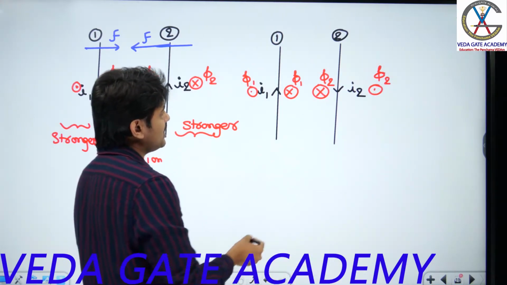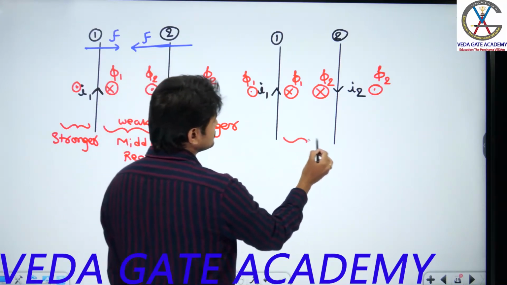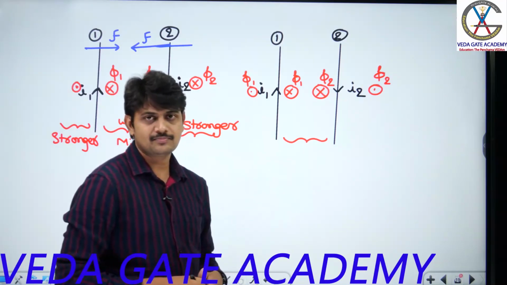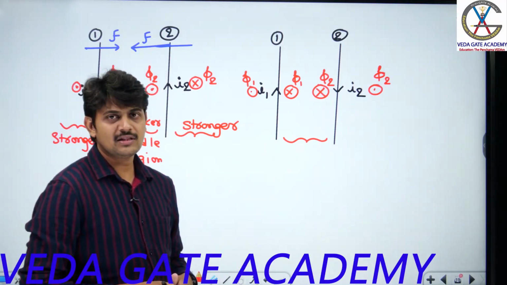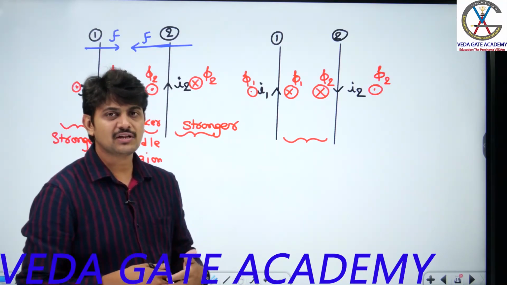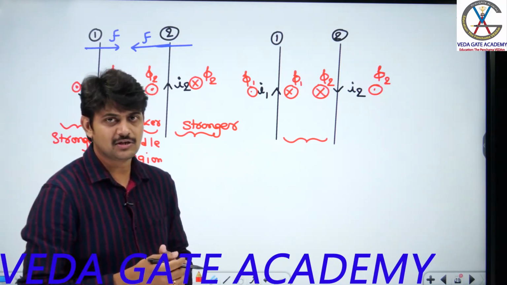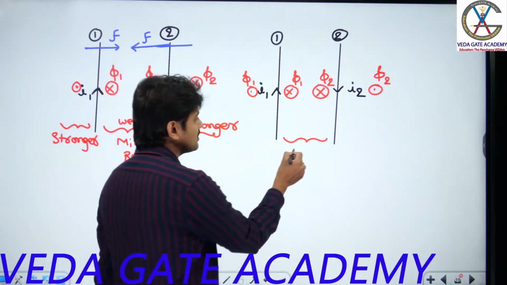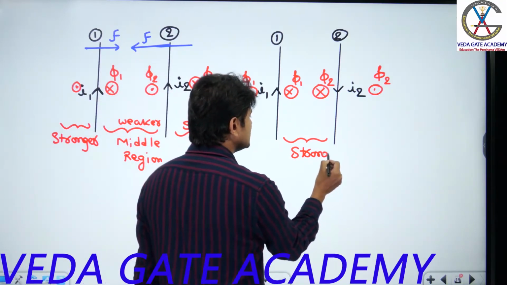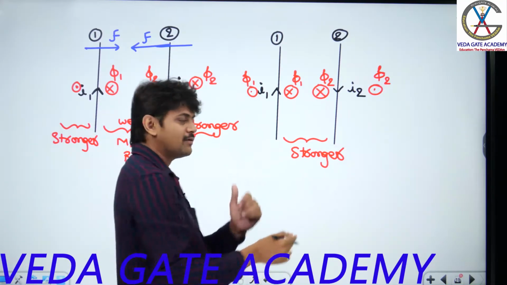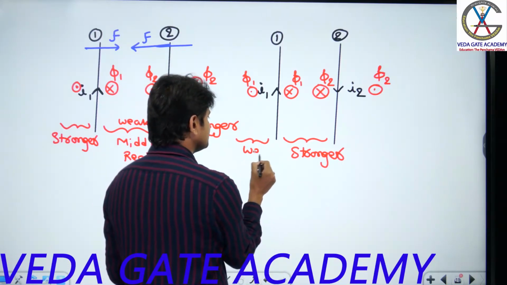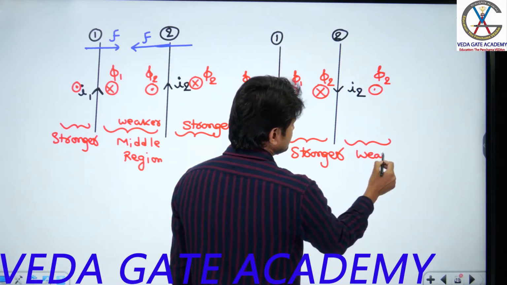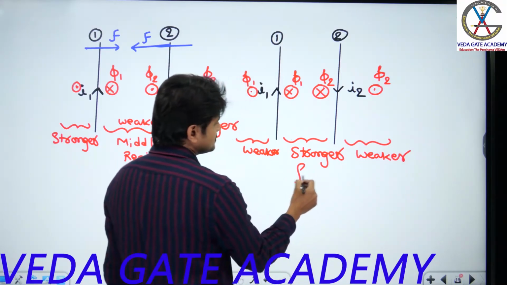Right. So if you observe here, is the middle region a stronger flux region or a weaker flux region? Both the fluxes are in the same direction. Both the fluxes being in the same direction means they get magnetized with each other or demagnetized? They get magnetized with each other. So I can say compared to the outside regions, my middle region is a stronger flux region. So I can choose this as a reference while applying Fleming's left hand rule. This is a weaker flux region and this is also a weaker flux region compared to the middle region. Right, this is the stronger flux region.